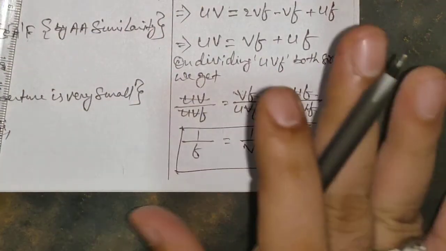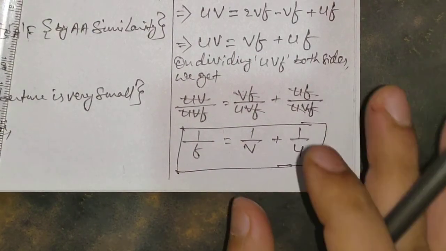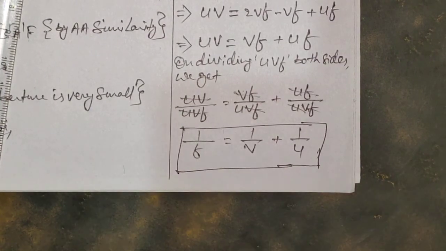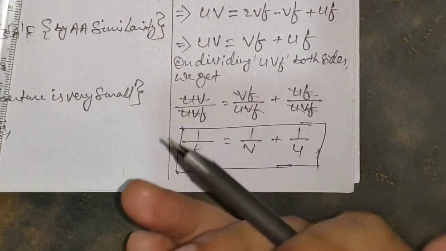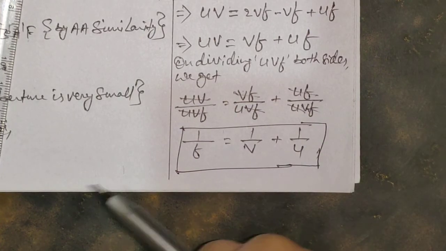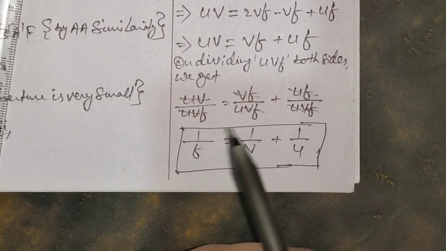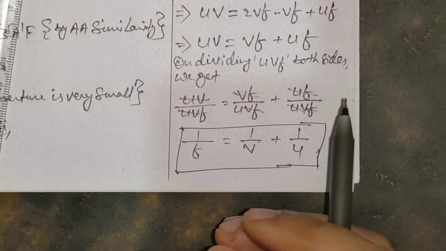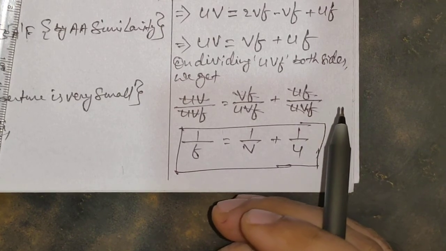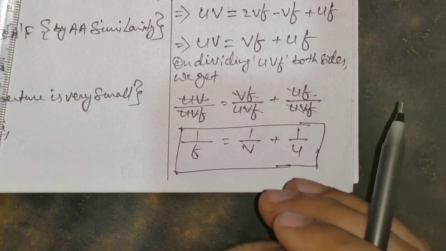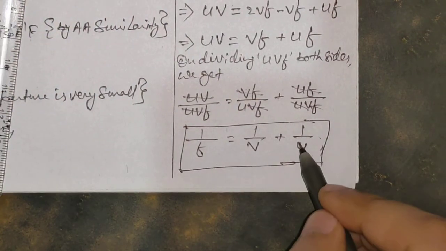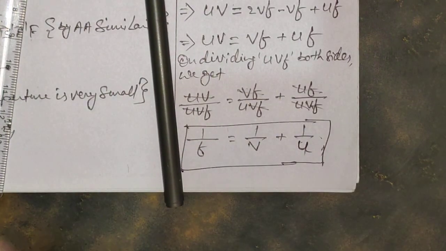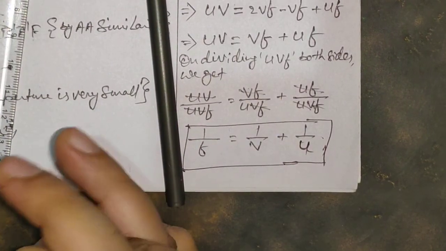I hope all of you have understood. This is a very simple thing which you can apply anywhere, like in the similarity conditions, or to draw any ray diagram, because in all ray diagrams through spherical mirrors this mirror formula is valid. You just use this and you can get it easily. Now with the help of this formula we can solve many problems. That problem discussion we'll try to discuss in another video. So that's it for today.